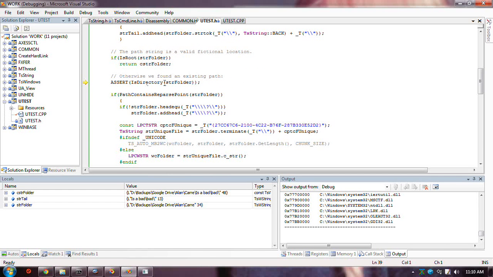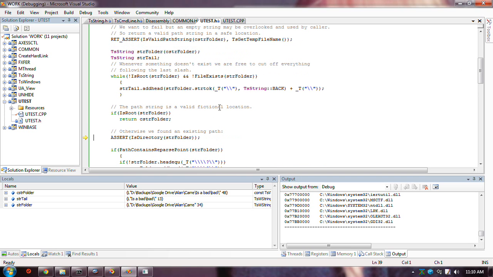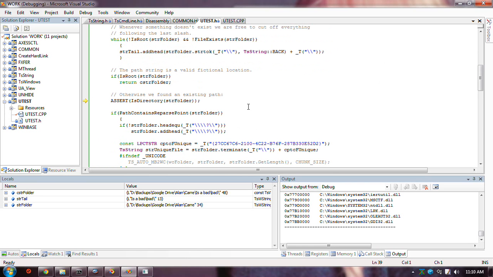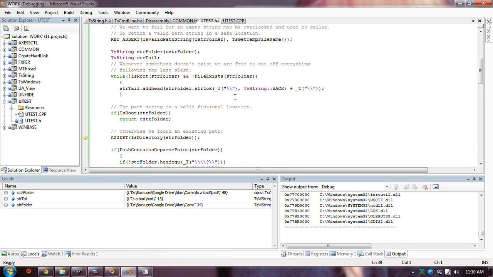The assertion is that we must be, therefore, at a folder, otherwise we found an existing path, I say. This root not file exists. In it, what was a file name?